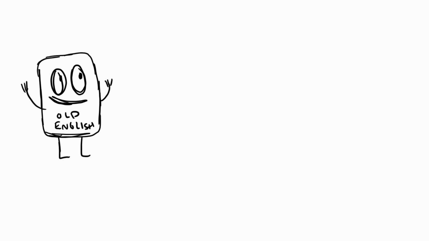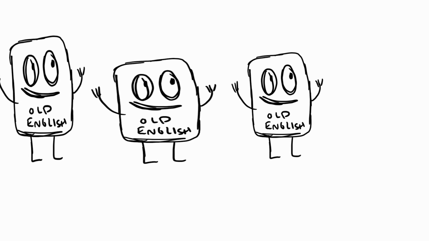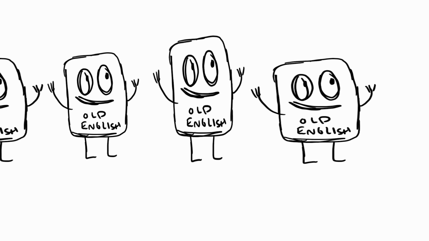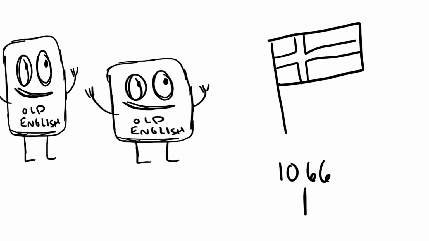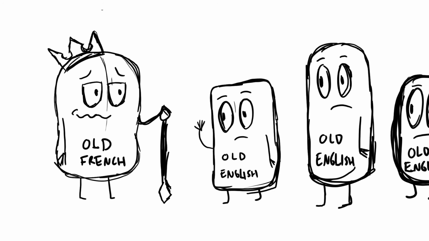Old English was spoken in Britain for a long time, over 600 years, and it kept changing in small ways over time, but it wasn't until 1066 that things really kicked off. That was the year of the Norman invasion, and it's where the story of English gets a little complicated. We'll leave the details for your history class, but in this period, the English-speaking world was ruled by French-speaking Normans. This kind of cultural shift can have a huge impact on language. The rulership and nobility all spoke Old French, while the commoners held on to their Old English.